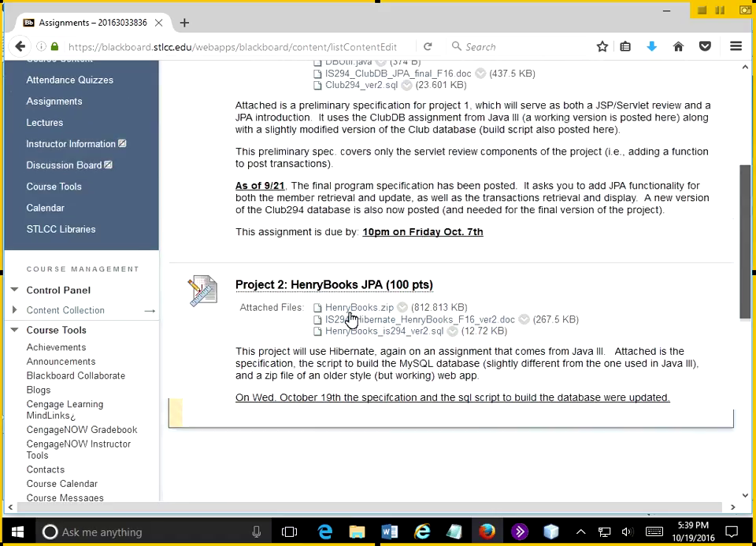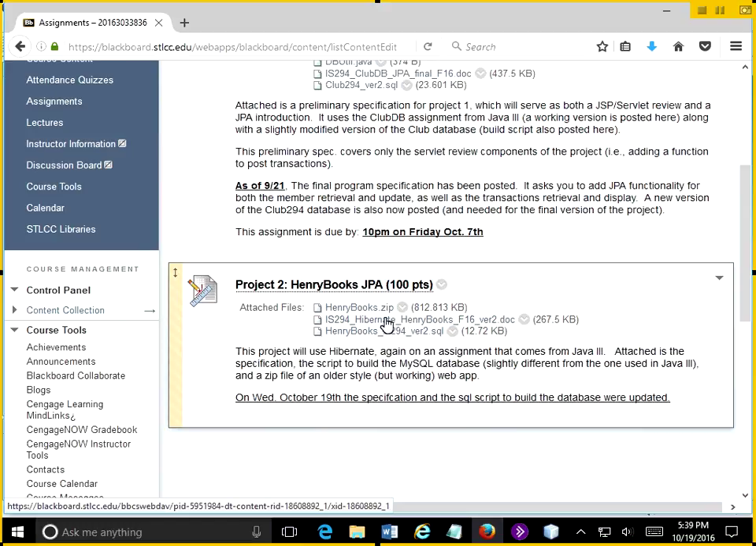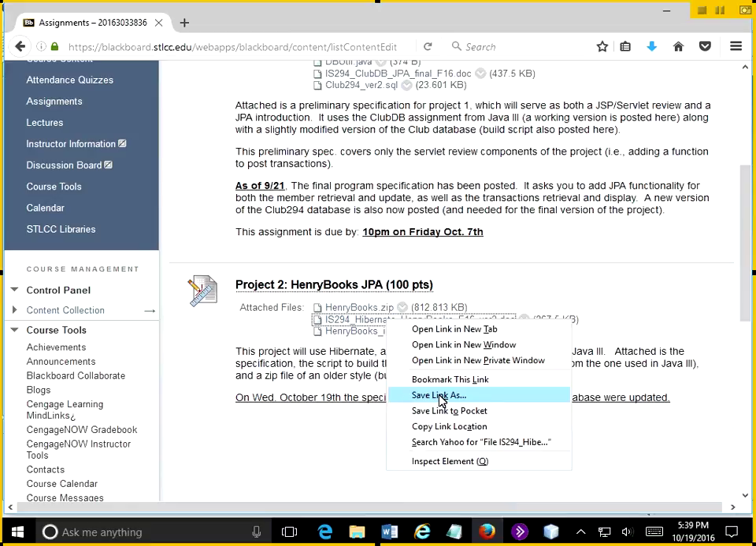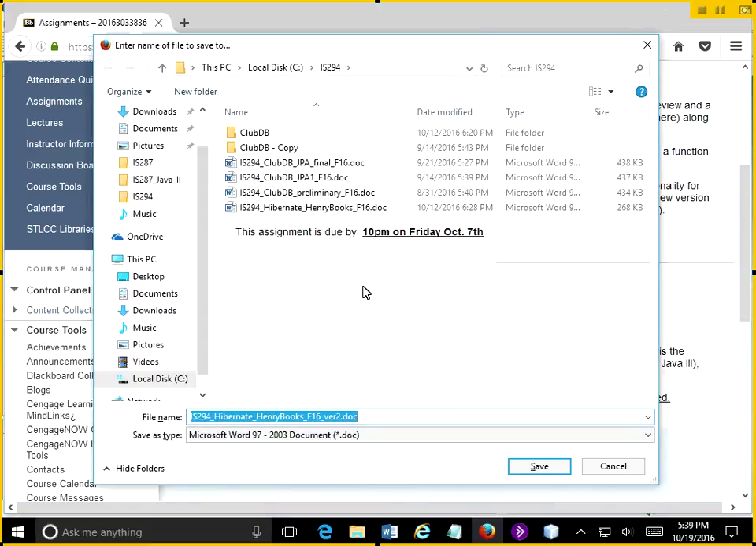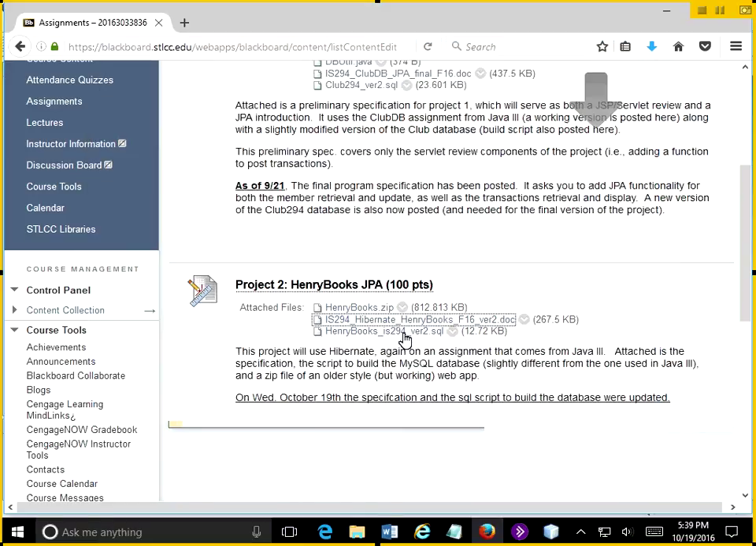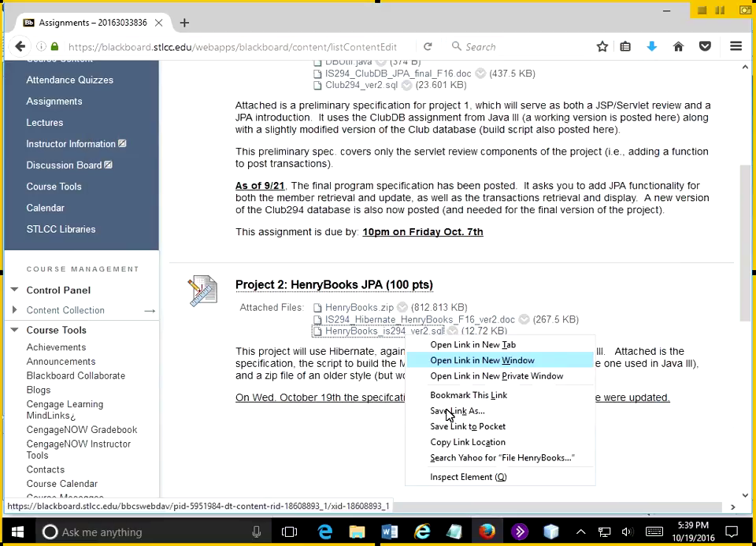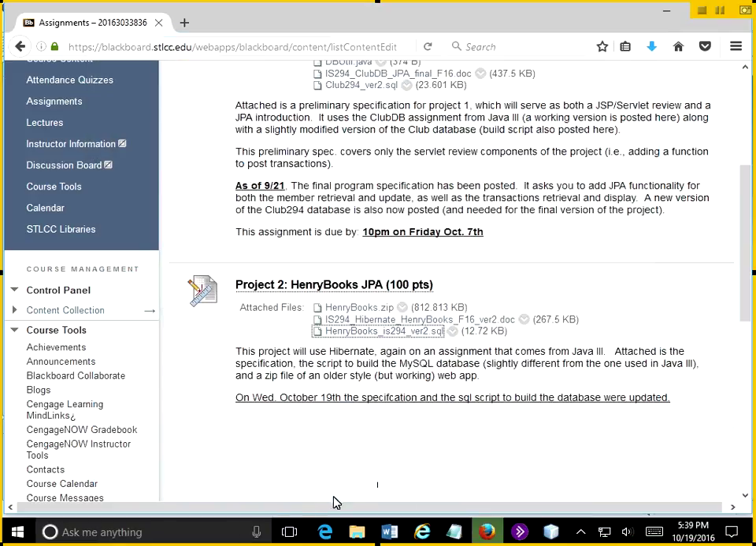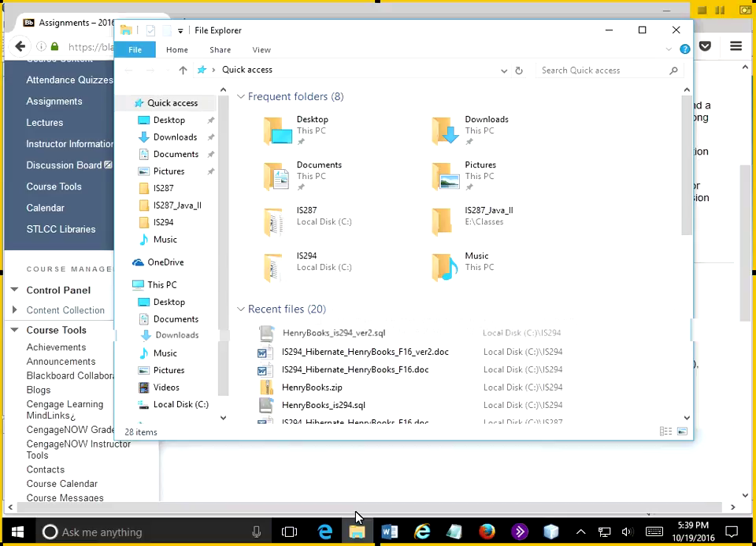Anyway, version 2 spec and version 2 SQL script. So that we'll want to go ahead and run right away, the Henry Book script. I will bring it up here in